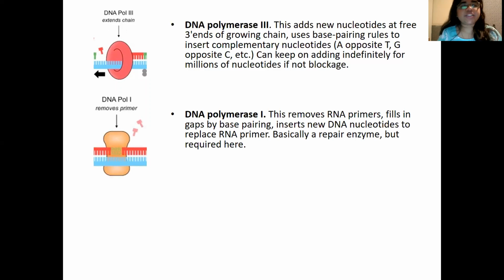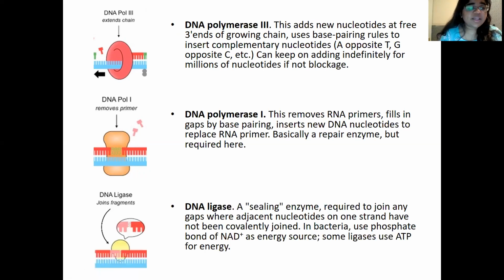Then DNA polymerase comes in. Once everything is settled, DNA polymerase 1 comes in and pretty much gets rid of the RNA primers and puts in whatever belongs there. So polymerase 1 actually removes that primer and replaces it with new nucleotides, okay? And the last one you have is to join those fragments together,